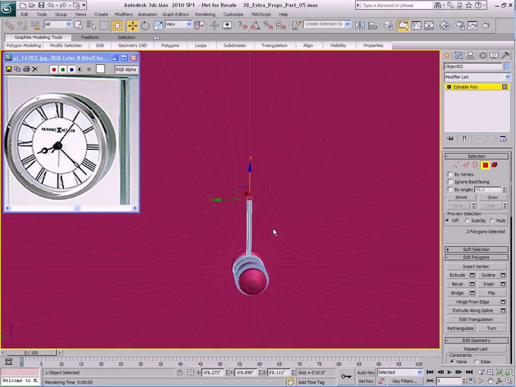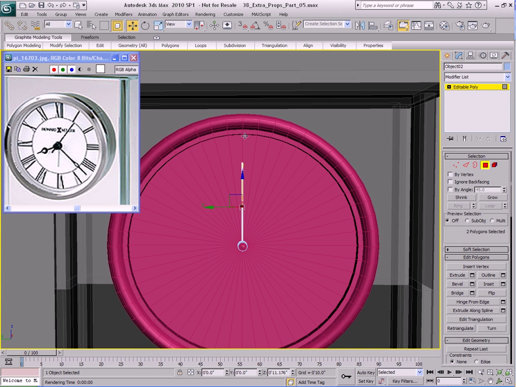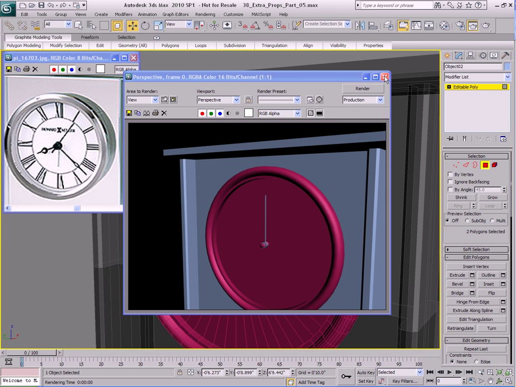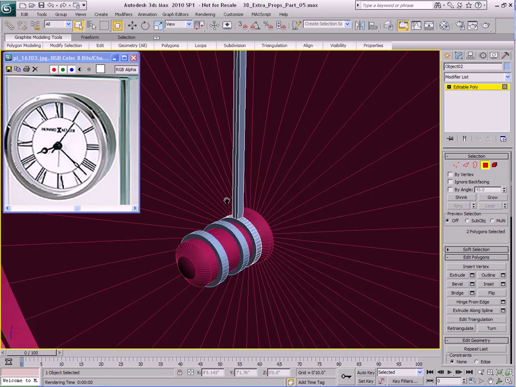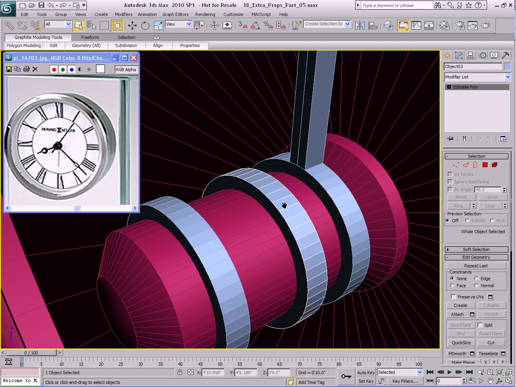And I'm going to bring that up. I know the second hand has to be the longest, so I'll bring it up something like this. Looks pretty good. And from a distance when it renders out, it actually looks pretty nice. Okay, so it's pretty simple. That was the easy one to do. Now we need to do the other ones here, like the minute hand, and then we'll do the hour